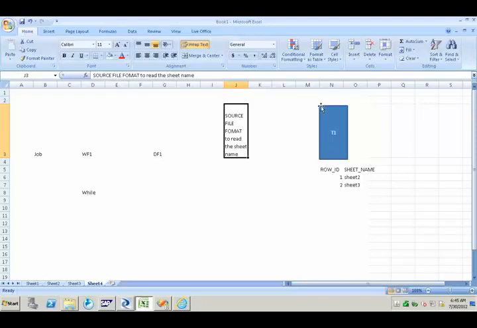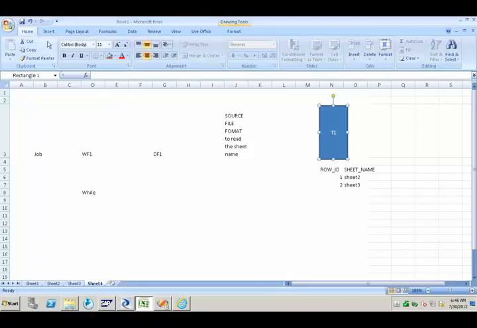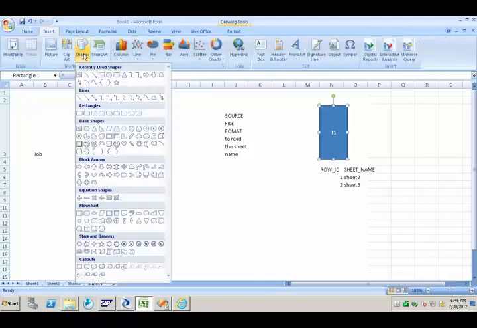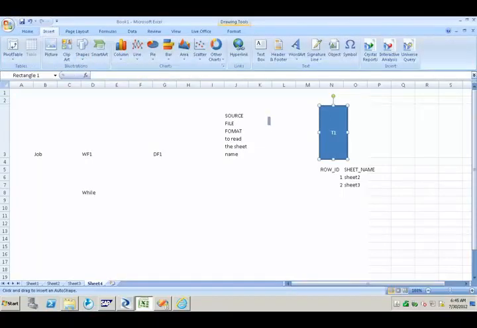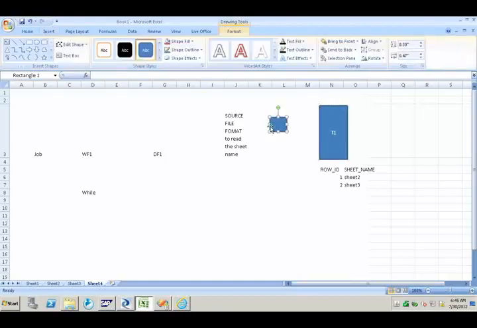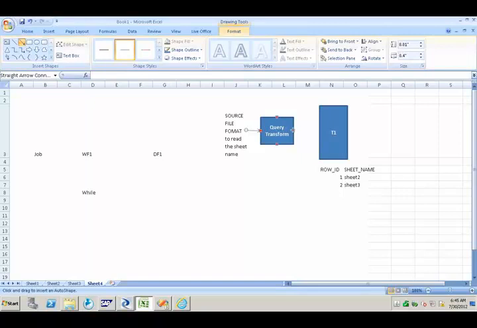In between there will obviously be a query transform. The source file format will be connected to the query transform, and the query transform will be connected to the target table.